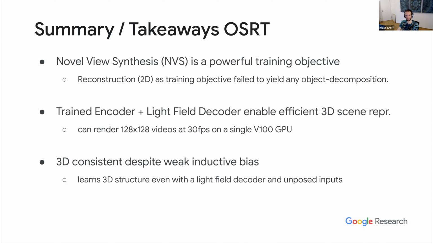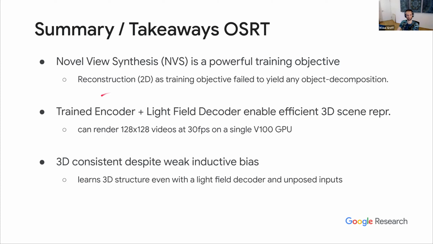Another data point for this is that Thomas mentioned before that SAVi++ uses depth prediction to get the nice Waymo results, and depth prediction is also quite close to using 3D information. So novel view synthesis and depth prediction, I encourage you to consider these as training objectives if you're interested in